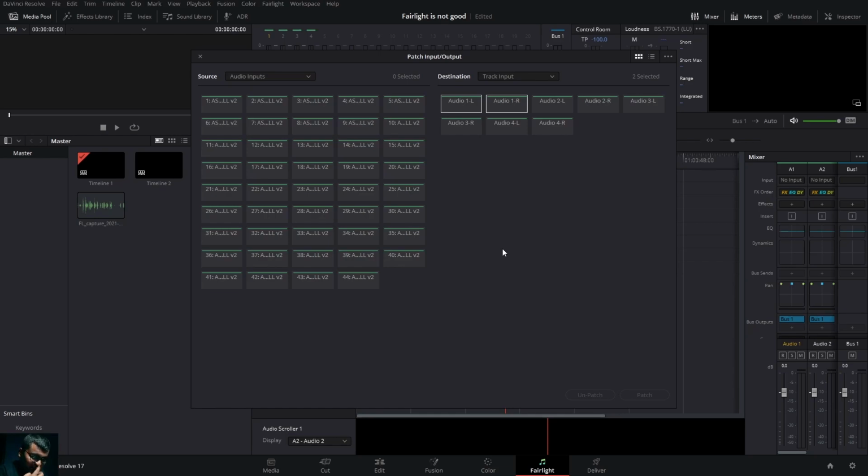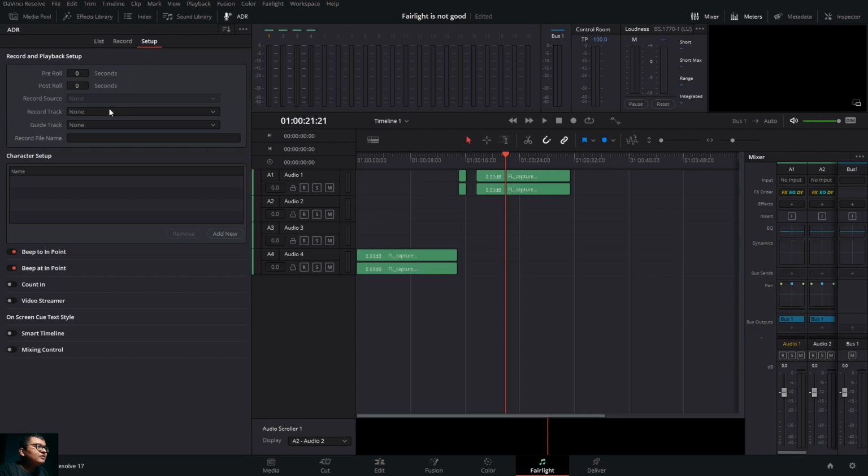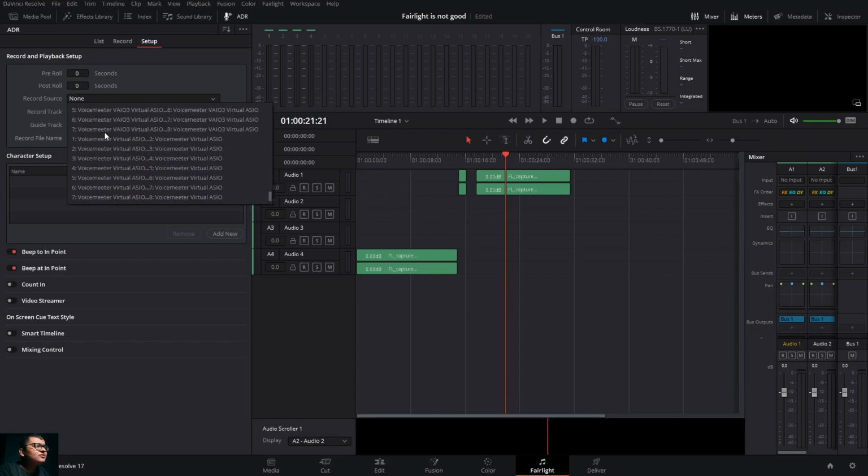So multiple ASIO, this is one of the problems. Not entirely ADR or anything like that. Even here also ADR. When you go to setup and click audio one, record source, there are so many record sources. What you have enabled, what you have not enabled, what the ASIOs are, everything is there. How to identify this? Check one by one, and I know only that solution.